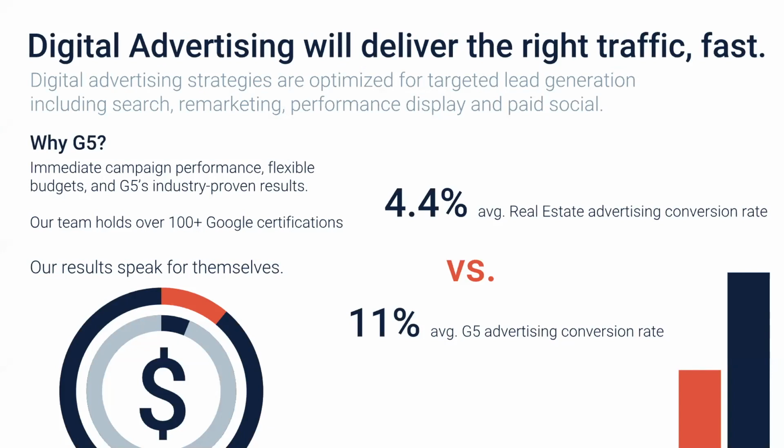And as Alex mentioned, G5 delivers 2.5 times the ad conversion rates than the industry standard. So you can feel confident that your digital advertising spend is optimized really around that conversion number. Through what we call our Intelligent Marketing Cloud platform, we'll give you the visibility into what is or isn't driving traffic. We do this because we feel like transparency is really important and a huge part of being a partner of yours. And we like to think of ourselves as kind of an extension of your digital marketing or marketing departments. And we really want to ensure that we're being good stewards of your marketing dollars.